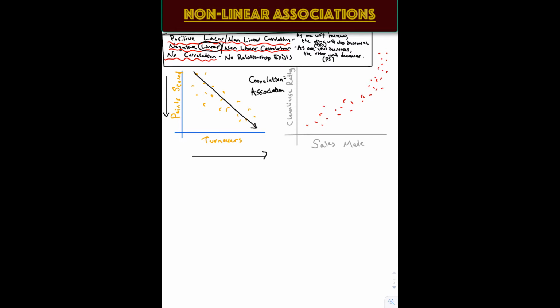For my second example, I have sales made for a restaurant as my x-axis and the cleanliness rating of the restaurant as the y-axis. You'll notice as sales made increase, the cleanliness rating of the restaurant is also increasing. This tells me that I have a positive correlation. There's definitely a relationship here. But as I go to draw my line of best fit,